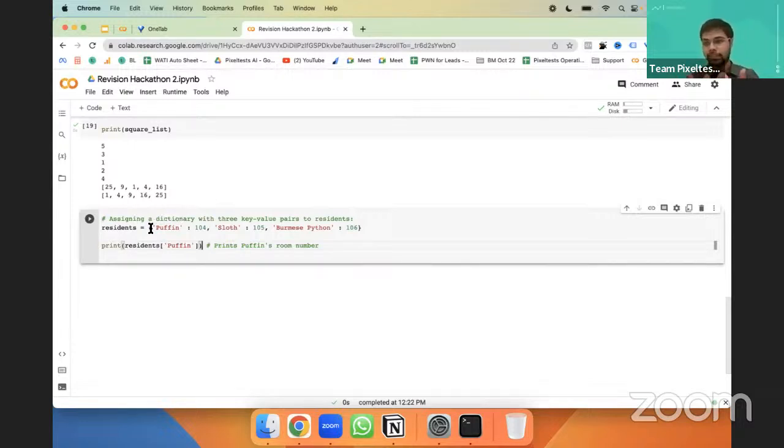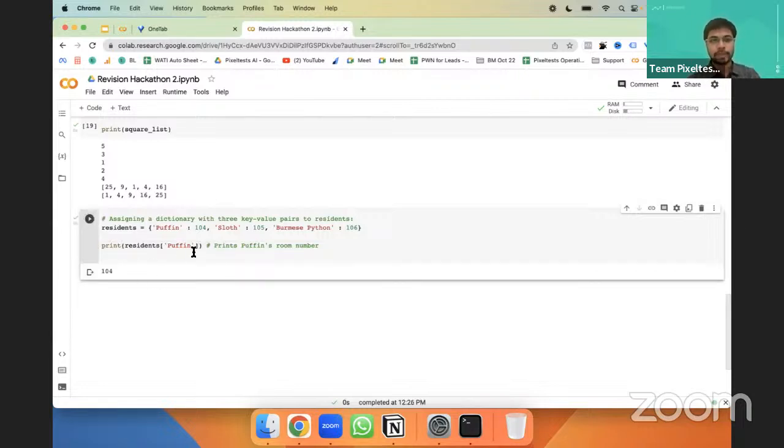Like for example, in a literal dictionary also, you do not know on which page the definition of a word is there, right? So you go into the order and look up the word, so you find by key, right? Then whatever definition is there, the definition is there in the value. So here also, what is there against puffin, we are going to get using this particular syntax, right? So 104 comes, right?